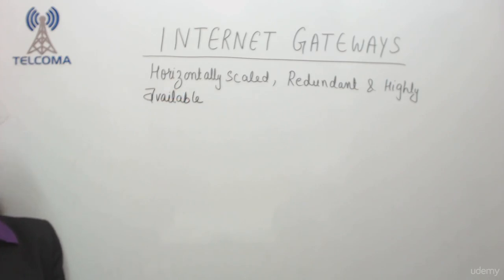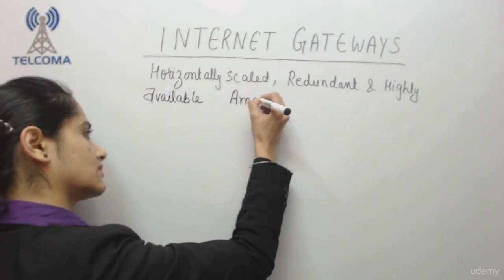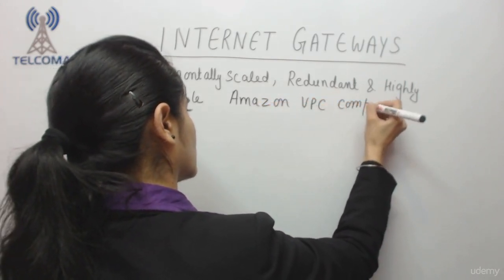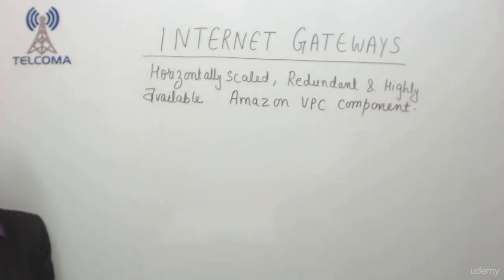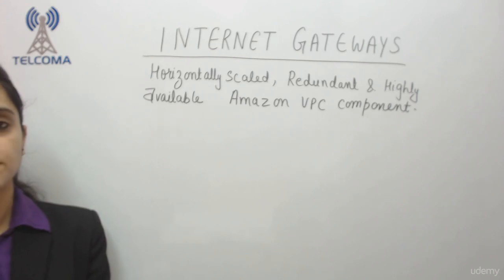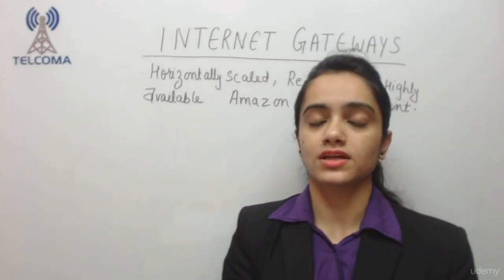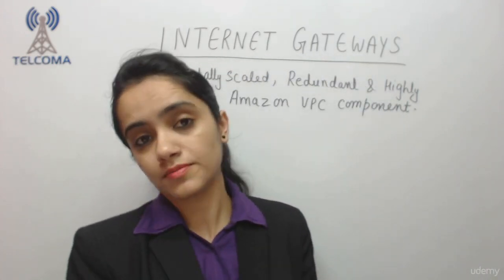An internet gateway is a horizontally scaled, redundant and highly available Amazon Virtual Private Cloud component. Now this component allows communication between instances in Amazon VPC